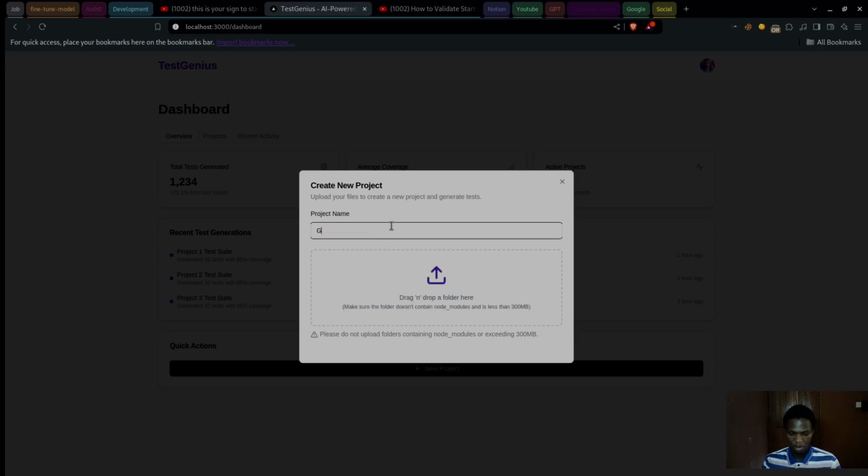Let's say Google. Right, then drag and drop my folder into the screen. So I'm going to pick a simple folder. So that's also going to be more like,